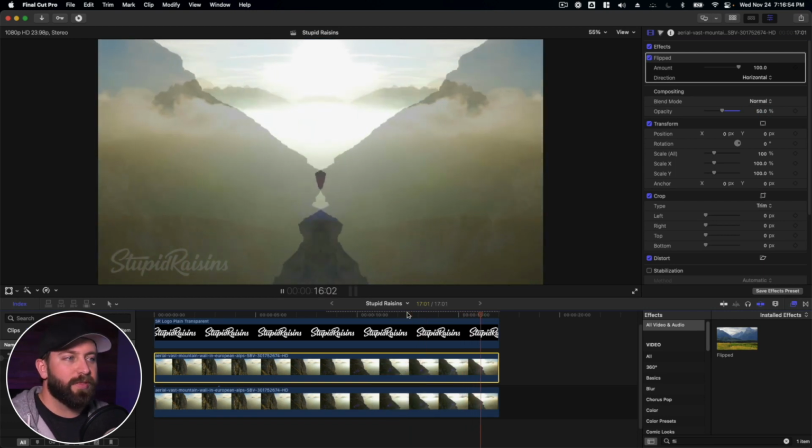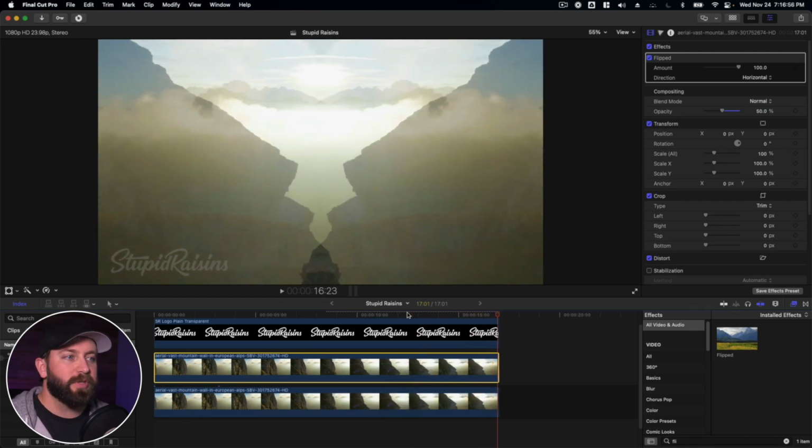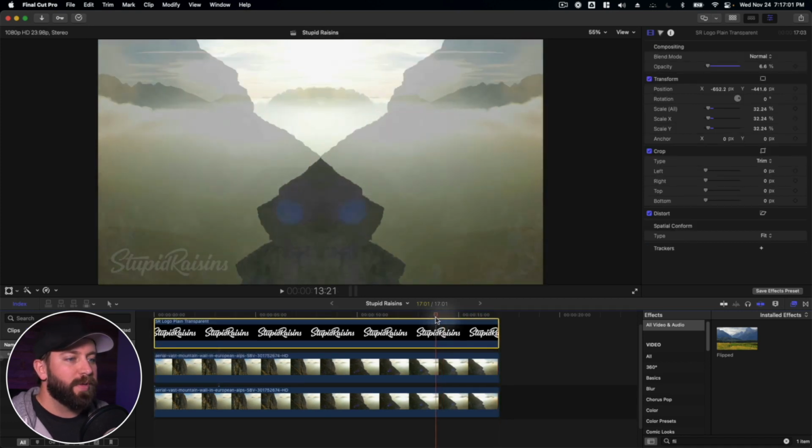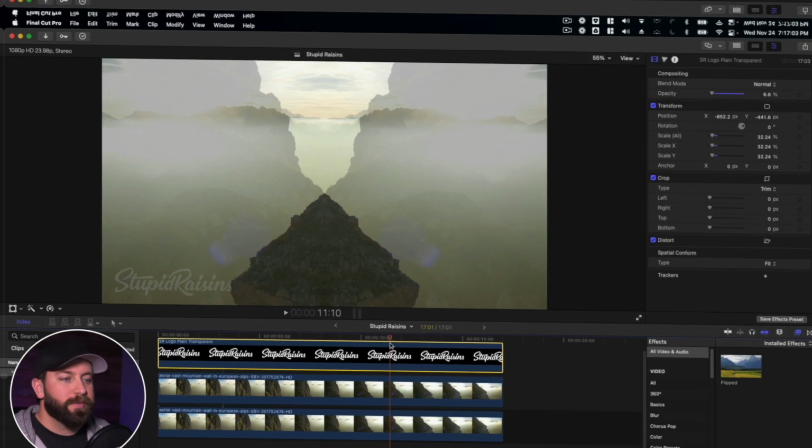So you can do some interesting things with overlaying clips on top of each other and playing with the opacity and getting just the right amount of movement and just interesting visuals. I don't want to overlay this on too thick, but